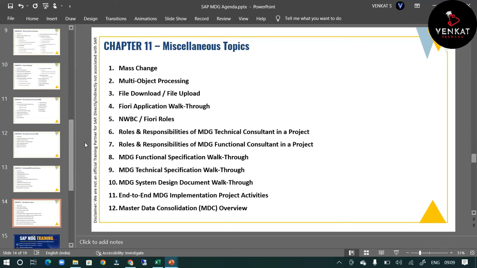And in real-time projects, what are the roles and responsibilities of various people? MDG technical, functional consultant, techno-functional. What are the activities that we are going to do? How your approach should be in real time. And we have the specification documents gathered from real time: functional specs, technical specs, design documents. So I will give you a walkthrough of those documents and how you need to prepare the documentation in